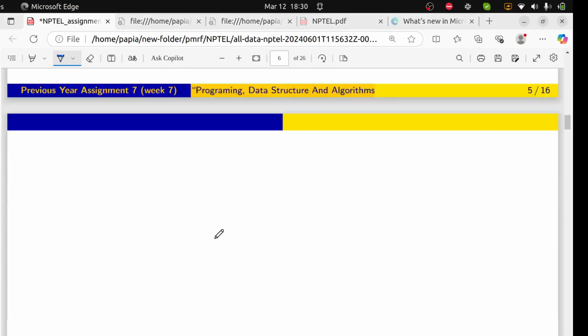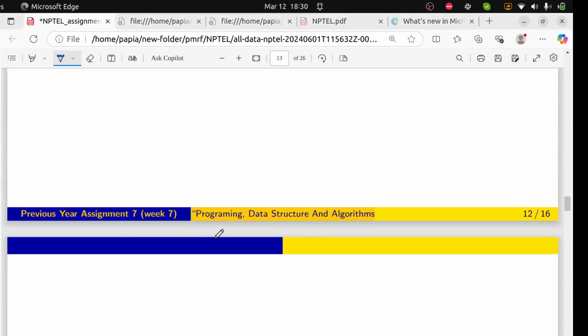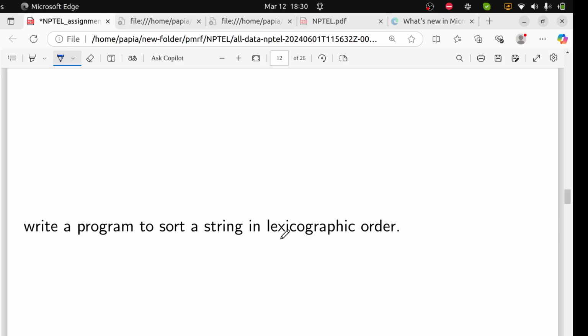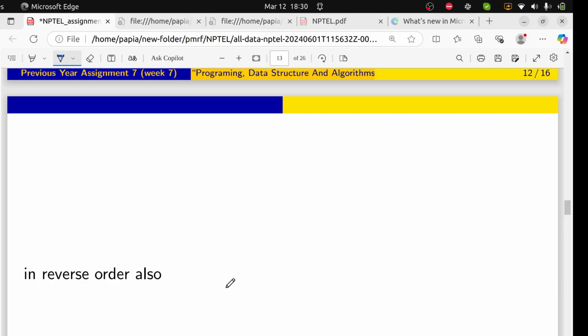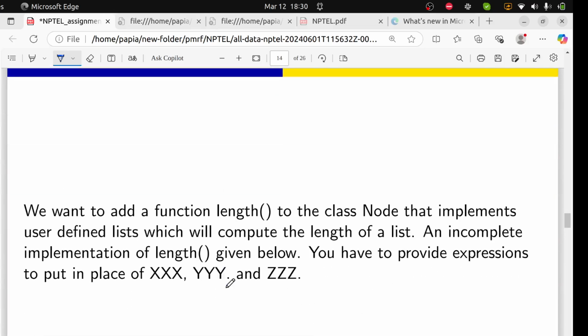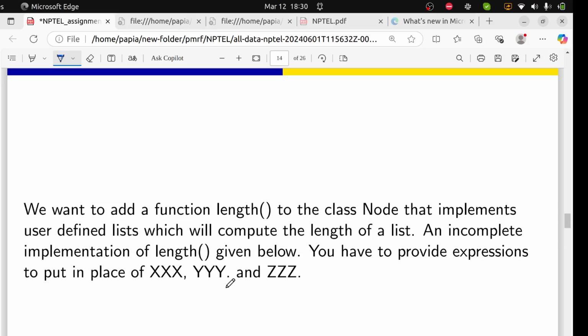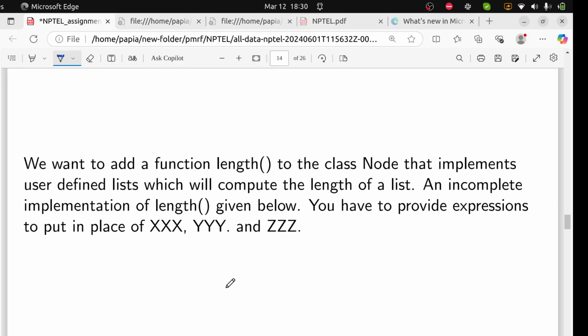Obviously this first question was not exactly similar to that one. You can see here, write a program to sort a string in lexicographic order and in reverse order also. Now the second question we can have: we want to add a function length to the class node that implements user defined